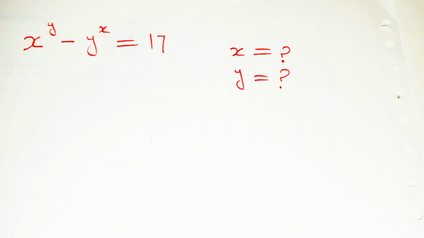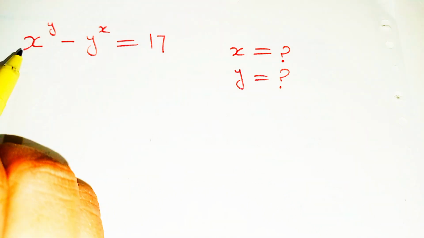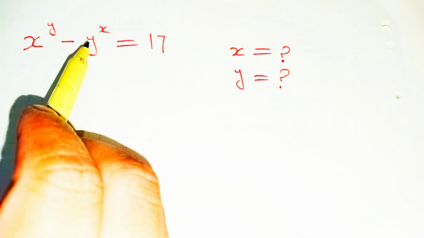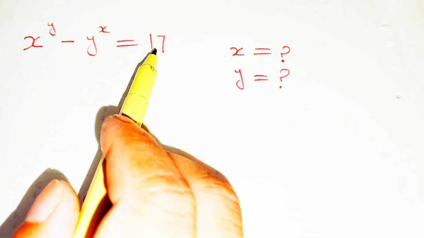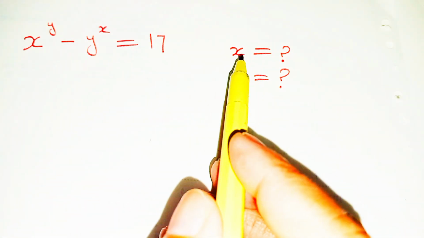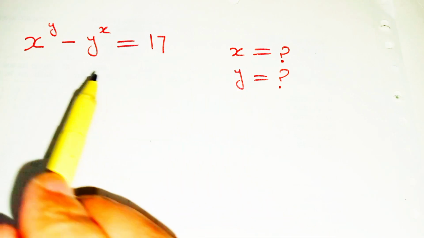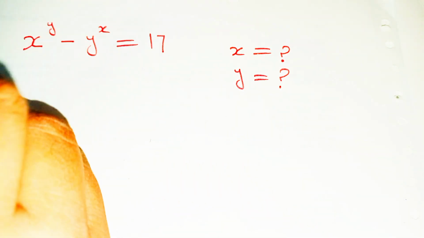In this video we are going to solve a nice algebraic problem: x to the power of y minus y to the power of x is equal to 17. We have to find the value of x and y. So first of all, we can write it as